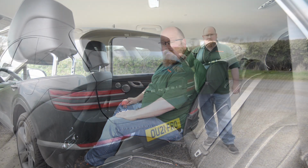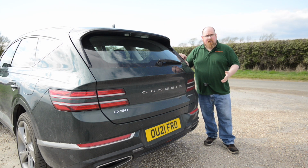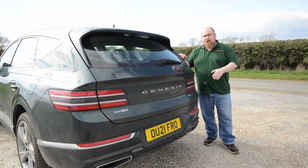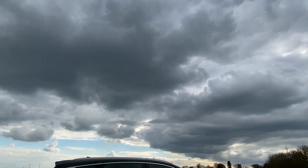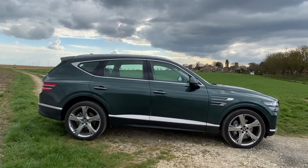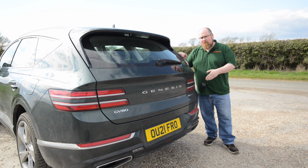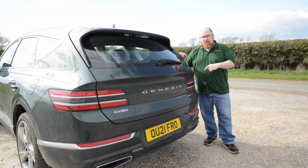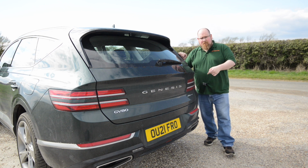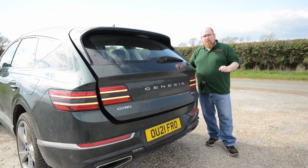Now, before I open the boot of the GV80, I do want to mention the fact that you can get this car with either 5 or 7 seats. But if you do go for 7 seats, it actually doesn't change the shape or size of the car. Unlike, say, a Lexus RX, where if you want to go for the 7-seater version, you've got to go for the RXL. So I've got the 5-seater version of the GV80, which means I'm going to have a pretty big boot back here. So, opening the boot of the GV80 presents you